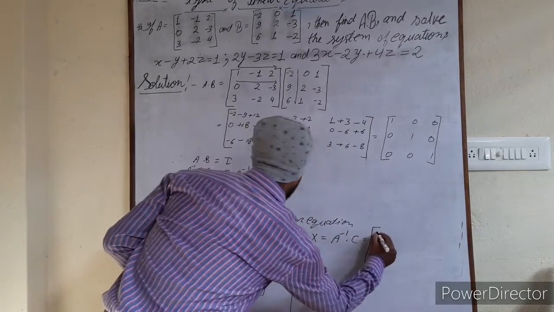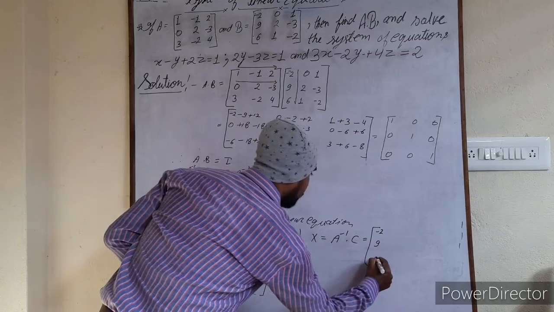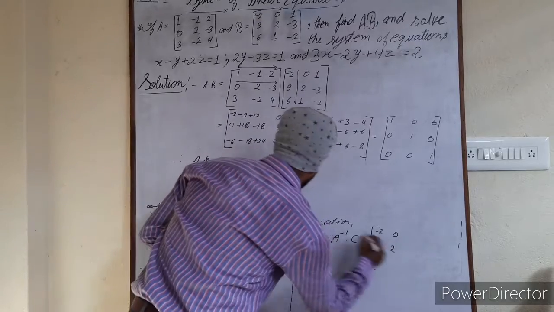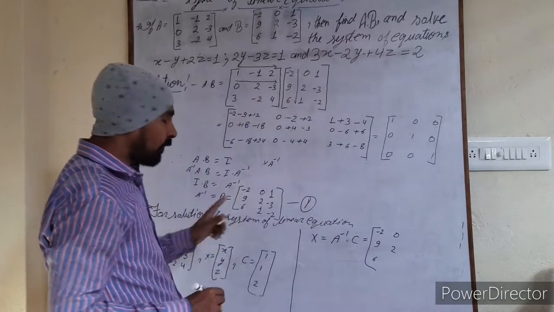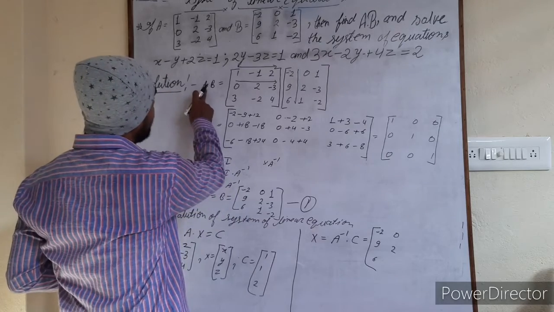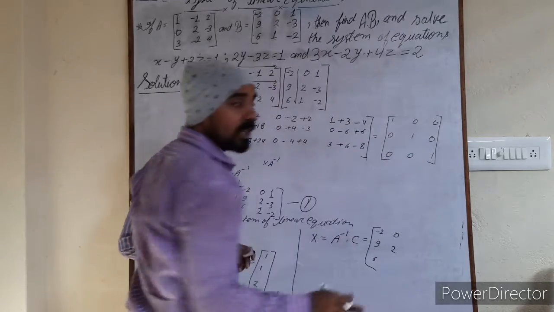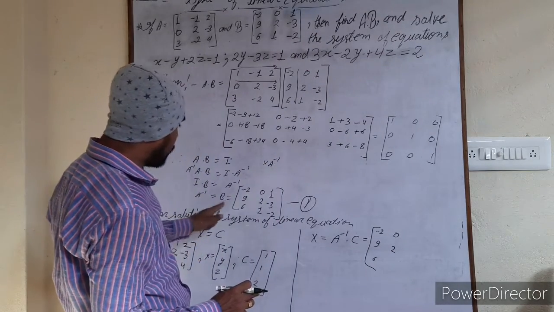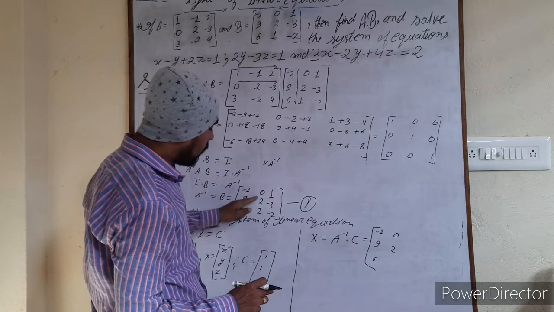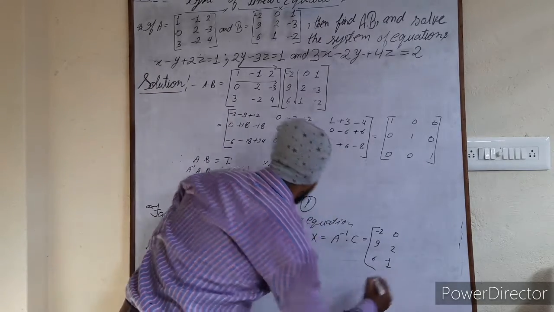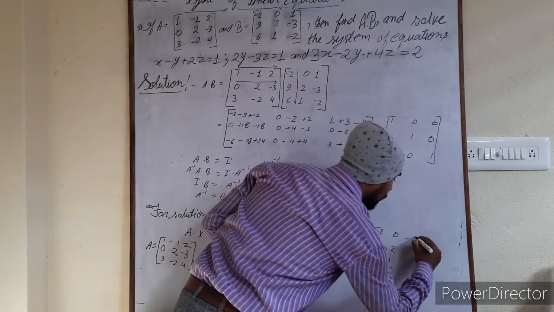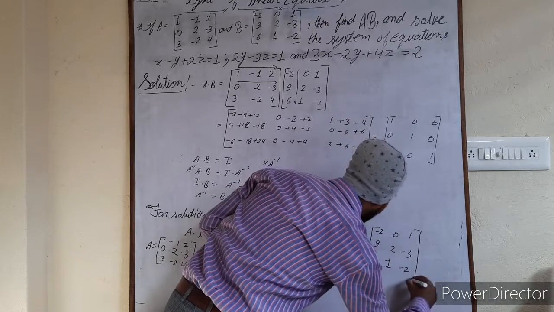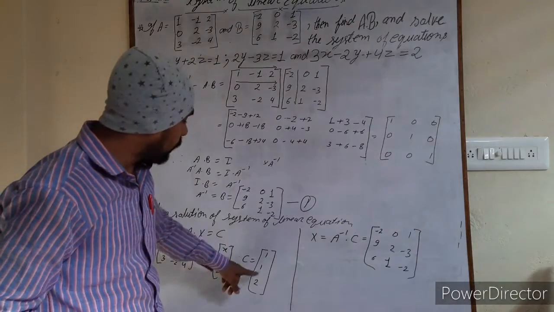That was this. It means -2, 9, 6, 0, 2. You will write down equation number 1. So putting from equation number 1, you should not forget that one answer is A into B is equal to I. That is the first answer. Actually we need to find out the value of x now. So A inverse into C. The value of A inverse is B, that is -2, 9, 6, 0, 2, 1 and then 1, -3, -2. That has been taken, and after that the value of C will be written, that is 1, 1 and 2.